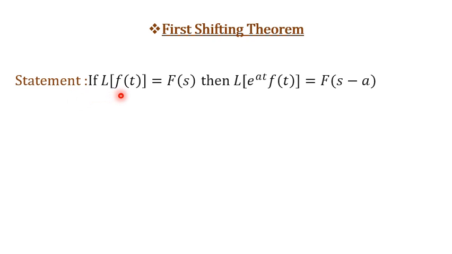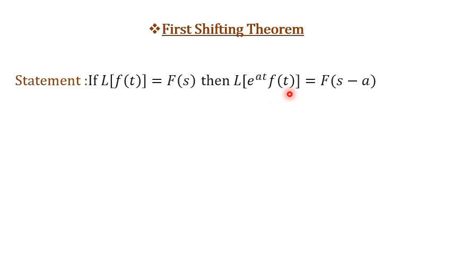If the Laplace transformation of f(t) equals F(s), then the Laplace transformation of e^(at) times f(t) equals F(s minus a). So this part is your first shifting theorem. The meaning of this equation is, if the function f(t) is multiplied by the exponential function e^(at), and you have to take the Laplace transformation of e^(at) times f(t),